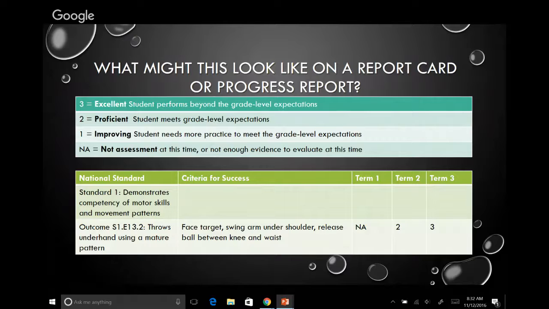So in this case, in term number 1, this student might have arrived late in the term. So maybe they came a week just before the grading period. So you don't have enough evidence to really claim where they are in their learning. And then level 2, they were at a 2, and level 3, they just blossomed.